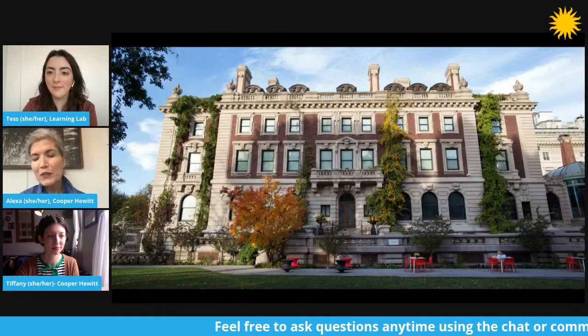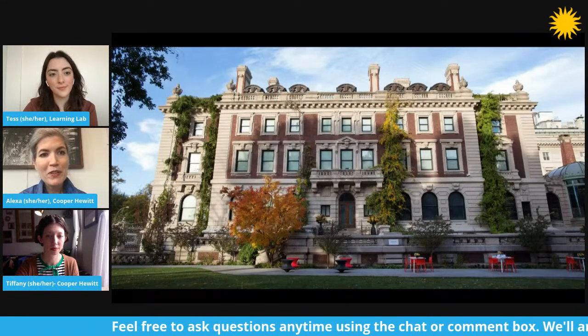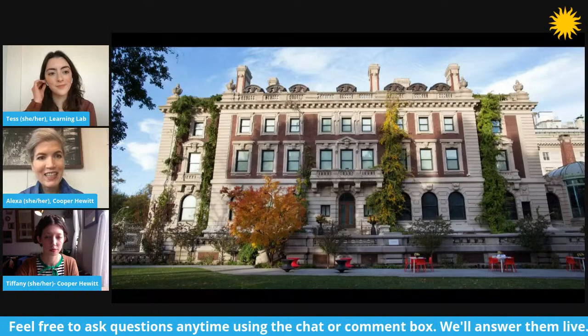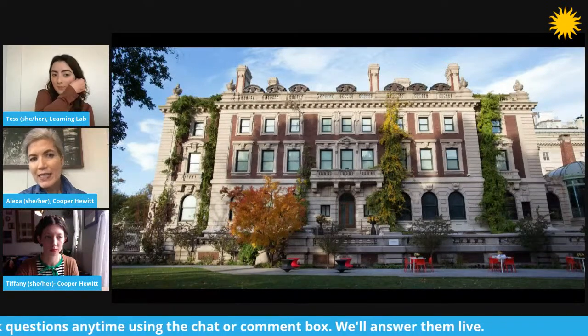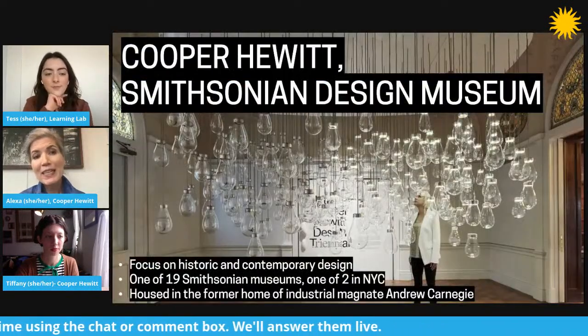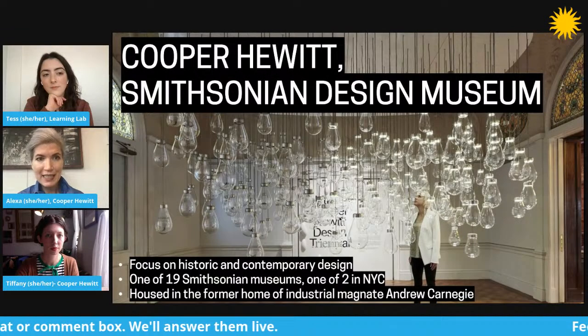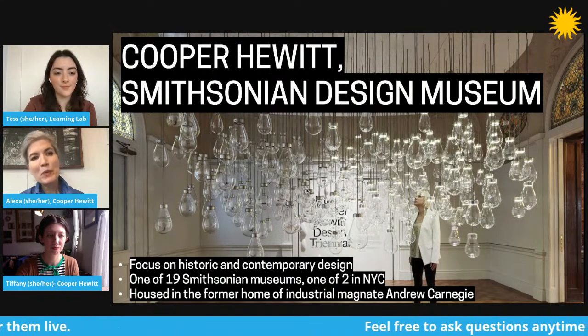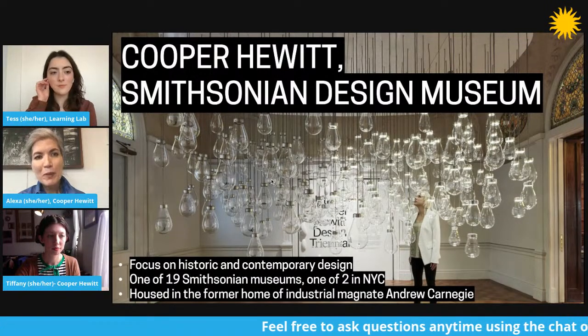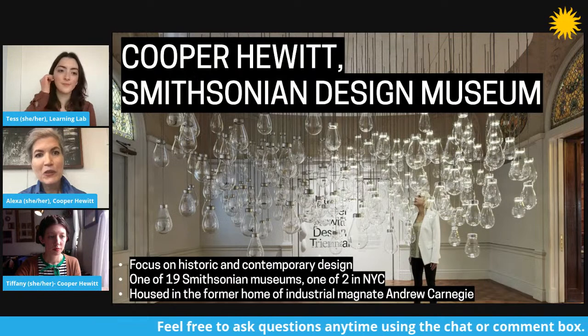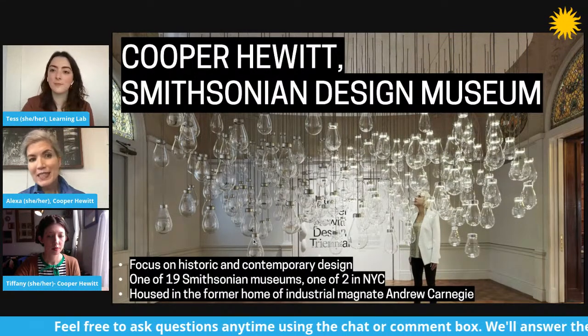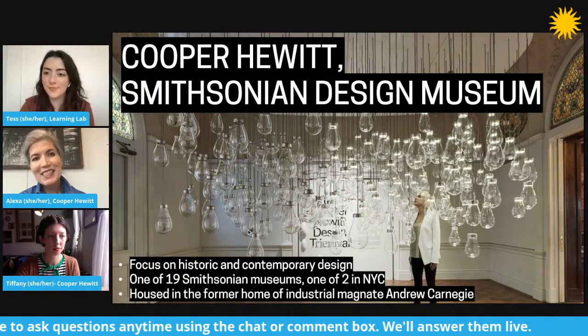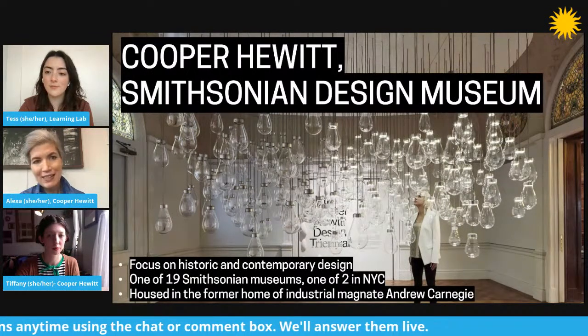So Cooper Hewitt, for those of you who may not have visited us before, is one of the 19 Smithsonian museums, and it's one of only 2 that are in New York City. Our museum, which is closed now, unfortunately, is on the Upper East Side in the former mansion of the industrialist Andrew Carnegie. And the thing that's really exciting about Cooper Hewitt is it's a museum that is dedicated to design. So we have almost